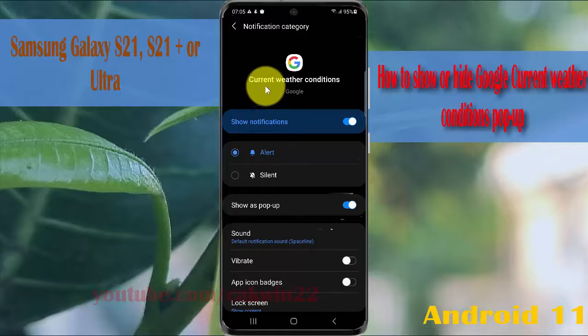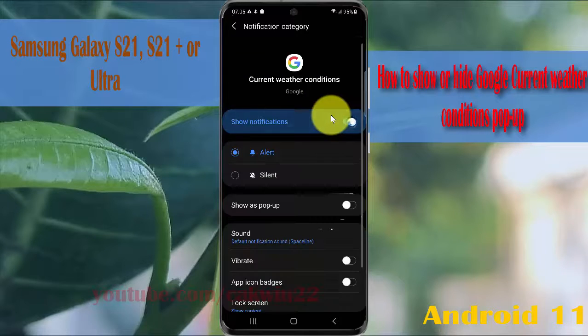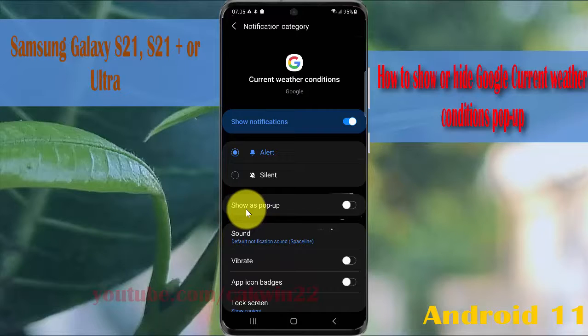You must turn on current weather condition notifications. If off, tap the show notification switch until blue to turn on, and then to show the current weather condition notification as pop-up, tap the show as pop-up switch until blue,